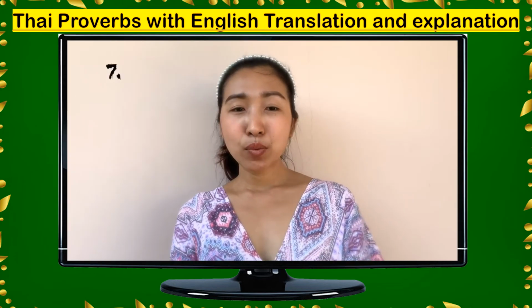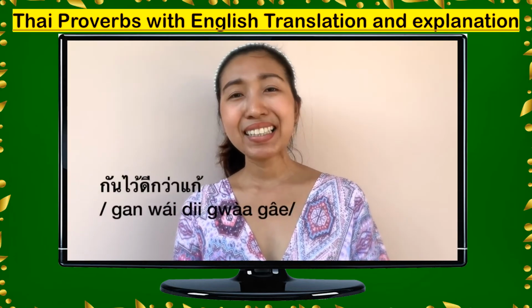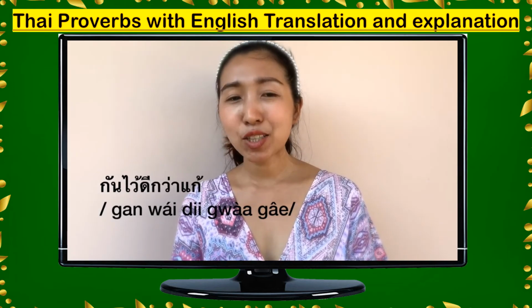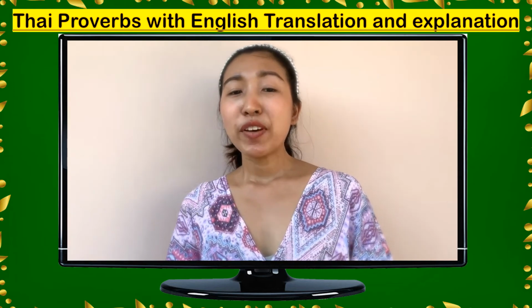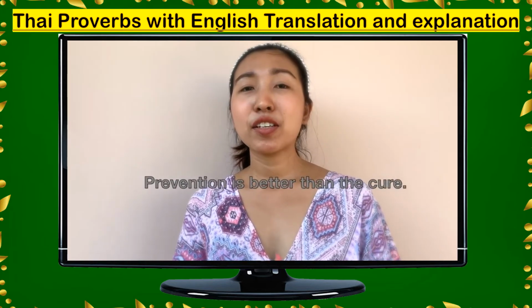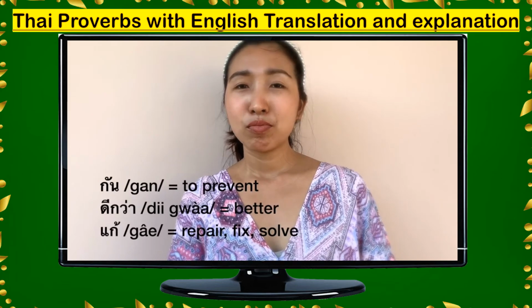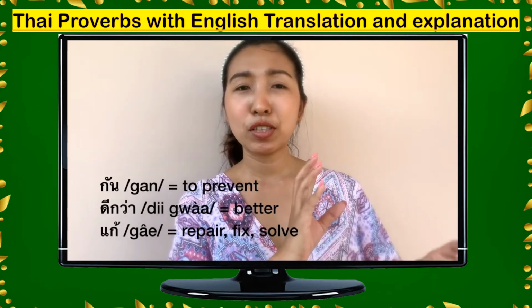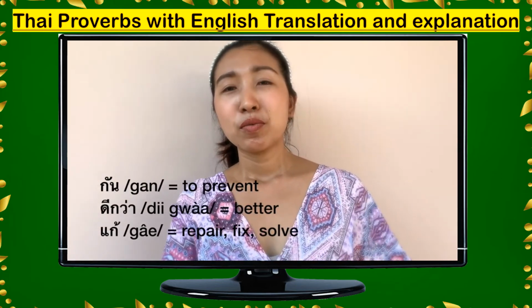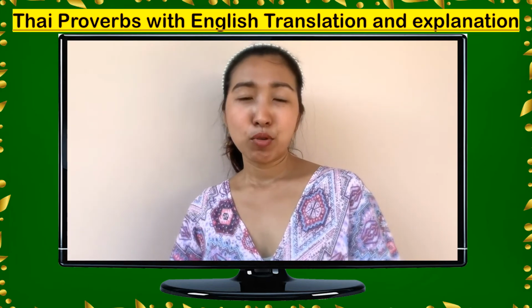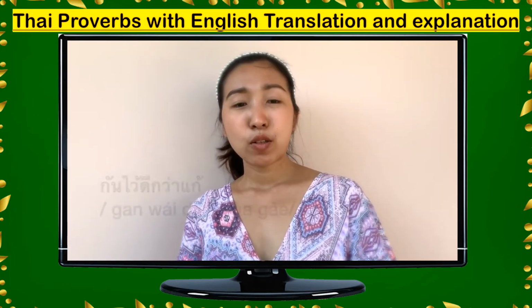Alright, and next one we have กันไว้ดีกว่าแก้. So in English it would be prevention is better than the cure. So it's better to protect or do the prevention before something gets worse and then you have to fix it, like when problems happen. So in Thai we say กันไว้ดีกว่าแก้